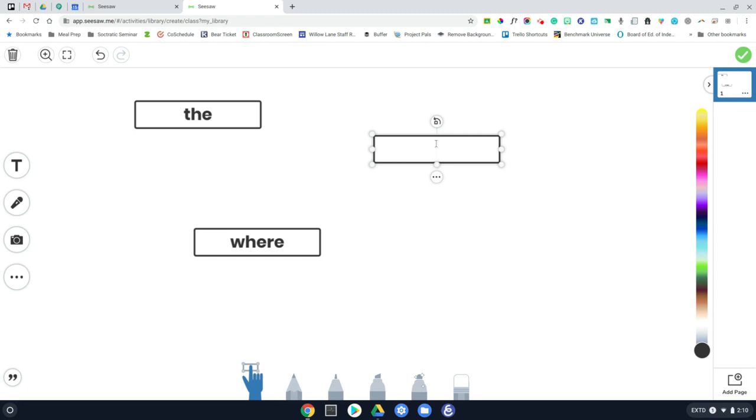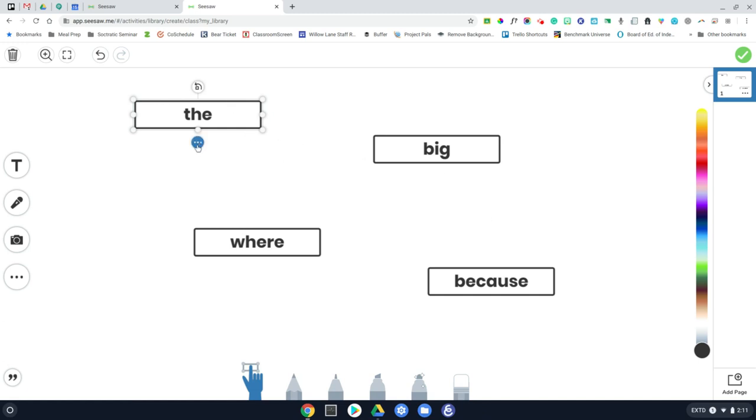Maybe I have the word big, and I have the word because. All right, so I have these words. Now, if I'm using a white background, I want to change these words to the same color as my background. Now, this could work with any color. If you had a blue background, you could change all of them to blue, but you want the background and